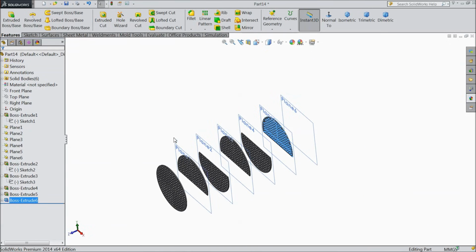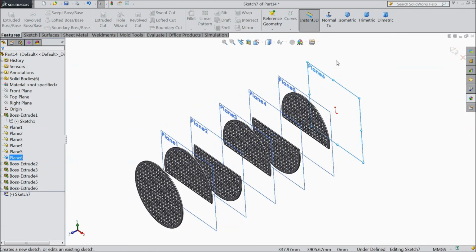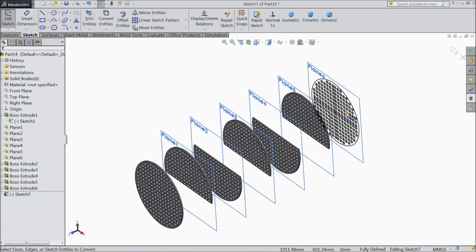And the last one, select plane 6 sketch and select sketch 1, convert entities. It will take time.